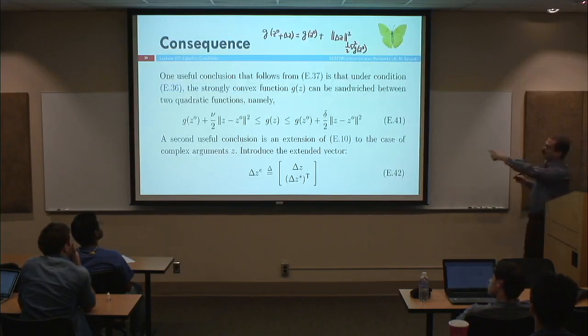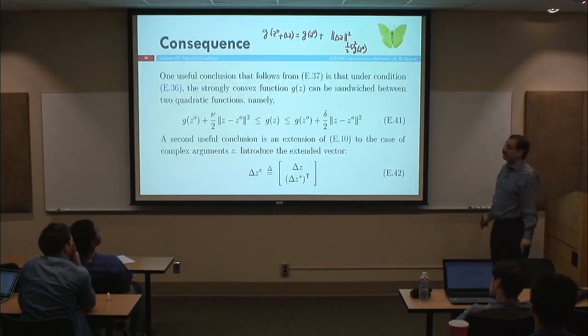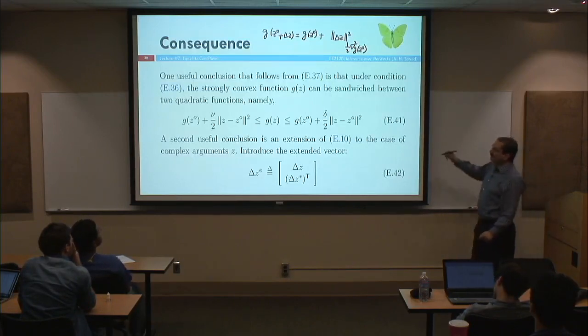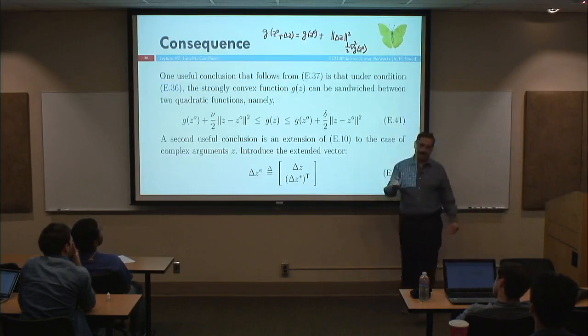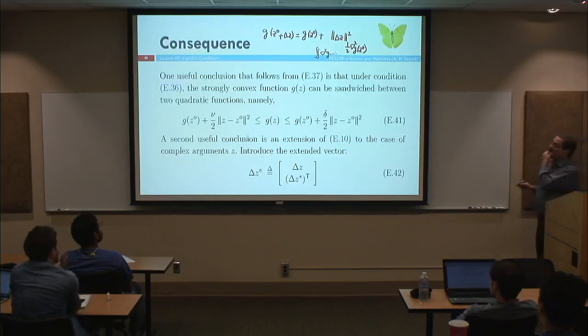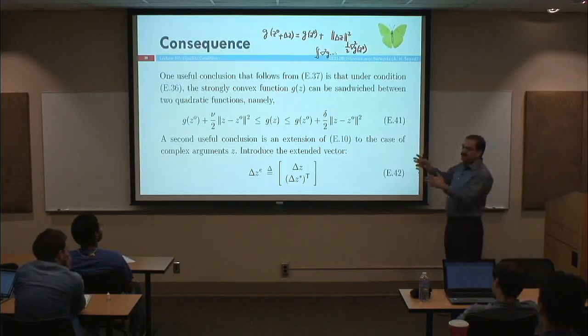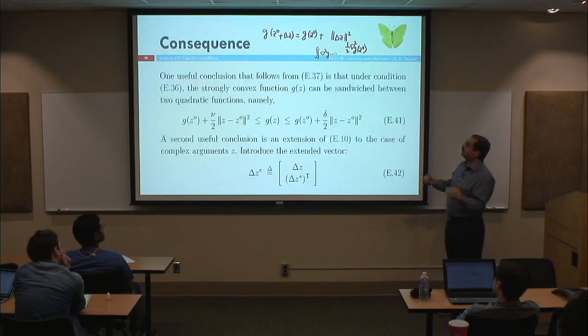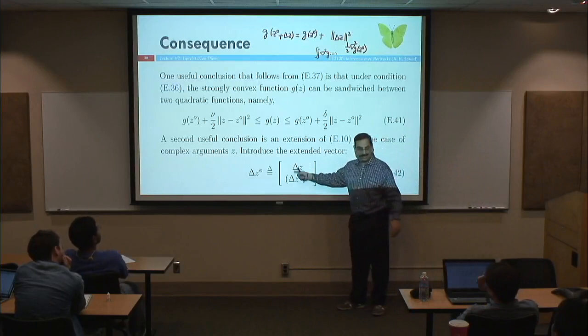What is the analog of that in the complex case now? Okay. Now, if you remember, how did I get that result? The result I wrote here on top. I got that result by integrating an expression that involved the Hessian. In the complex case, that Hessian is 2m by 2m. And the mean value theorem, where the Hessian term appears, requires me to extend the delta z's, if you